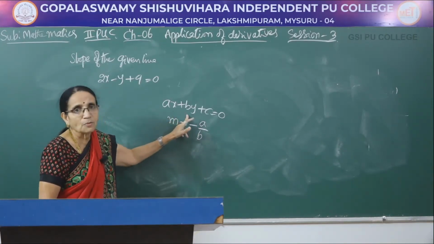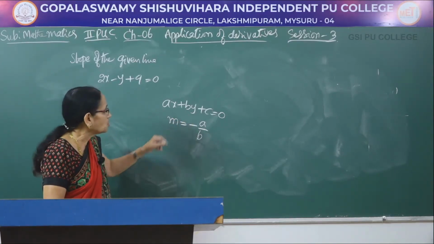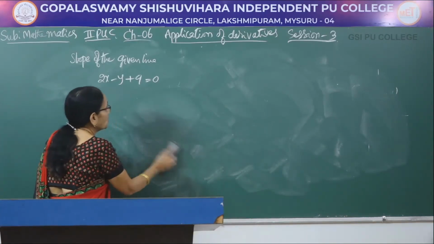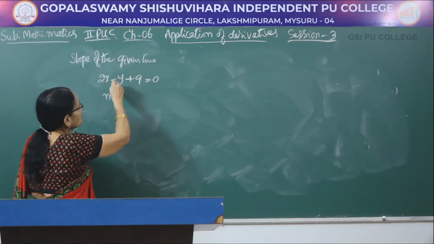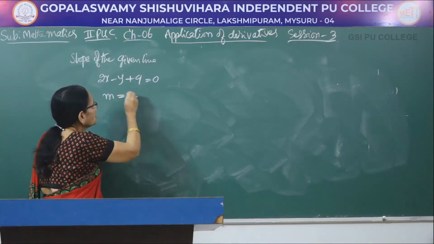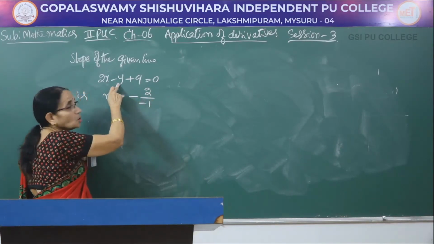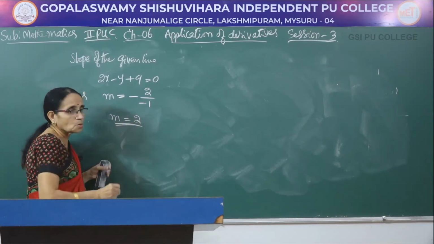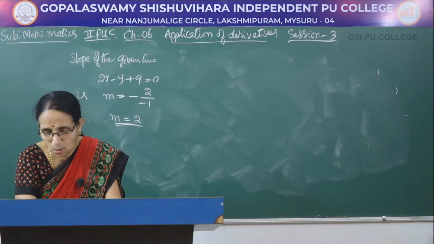Now, this is the general form of the equation of a line. Slope can be directly obtained by this one. So, if you use that result, you observe it is in the general form only. Therefore, you can write the slope of the given line is m equal to minus a by b, that is 2 divided by minus 1. The coefficient is minus 1, that is m is equal to 2. So, slope of the given line is equal to 2.